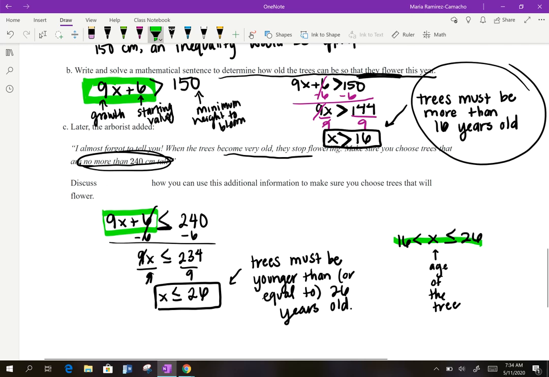We practiced this problem to see how inequalities come into play with word problems. And so if you have any